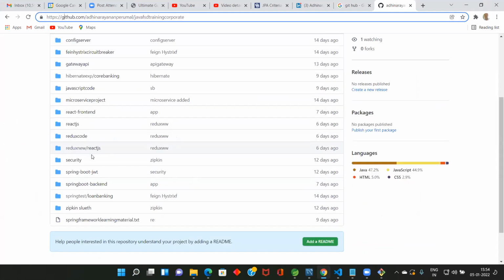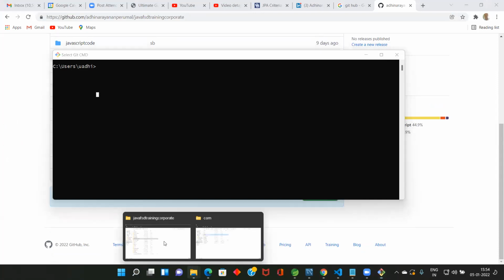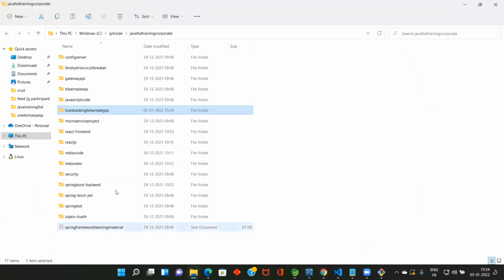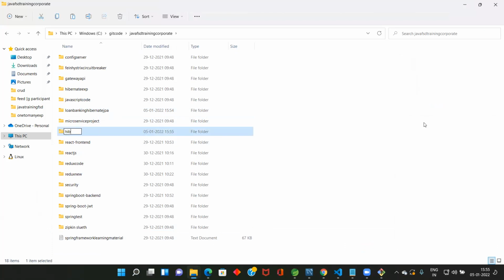See here, I don't have any Hibernate JPA code. So what I'm going to do is, sorry, here I should not have mentioned this one, Hibernate JPA. If I make one folder, it will be more meaningful. New folder, Hibernate JPA.